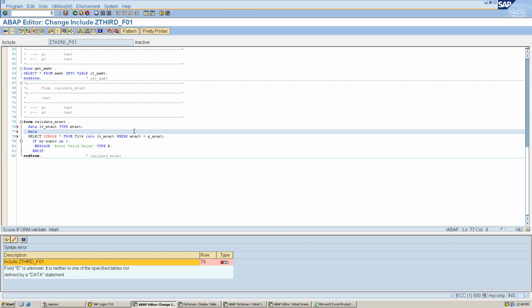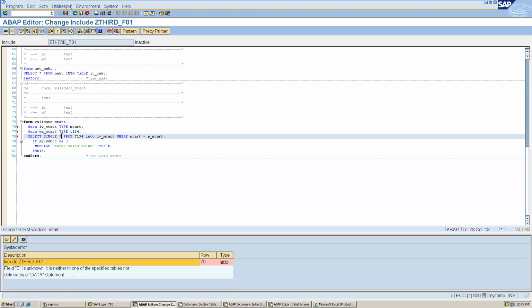How can we define it? For example, wa_mtrt type mtart, and the type would be this table structure. And here we have to write wa_mtrt instead of lv. But I want to just validate, so I am just selecting a single record.